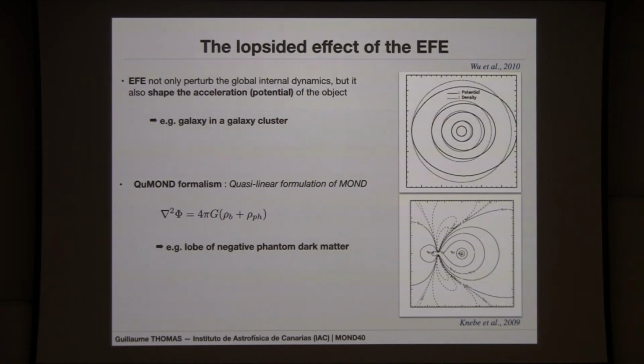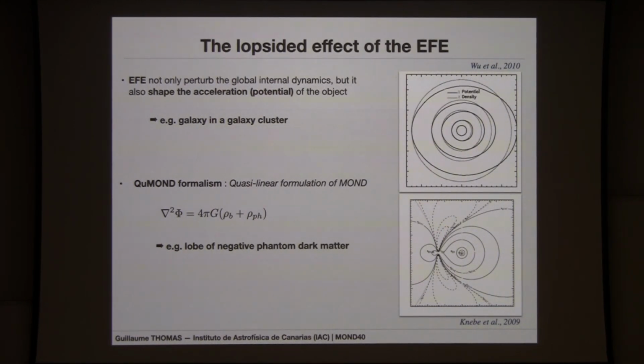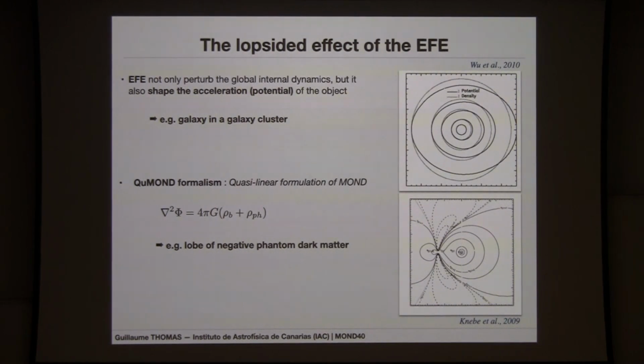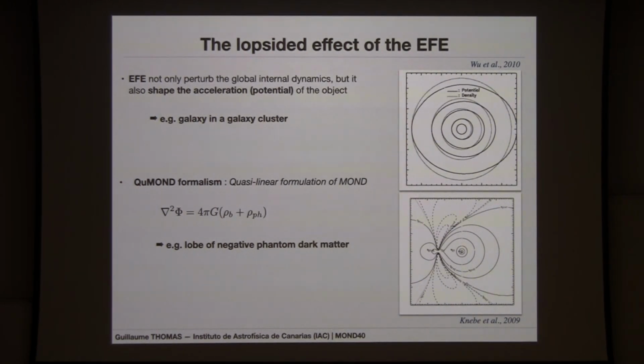And so in that specific condition, you can have some lobes of negative dark matter, which are indicated here by the dashed line. And the negative dark matter, again, remember, is not something physical. What is negative matter in general? It's a repulsive force that is going to compress the potential that you have here. And so that's why you finish with something which is more compressed.